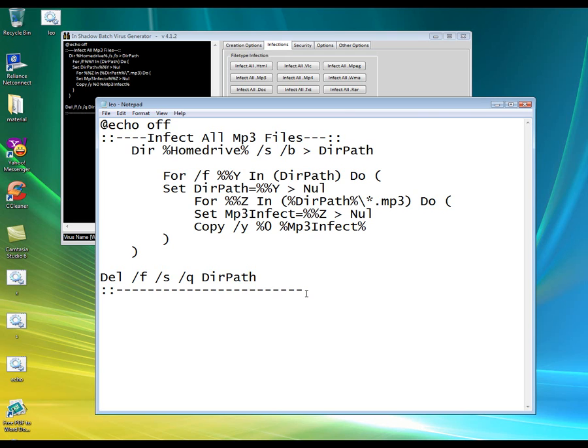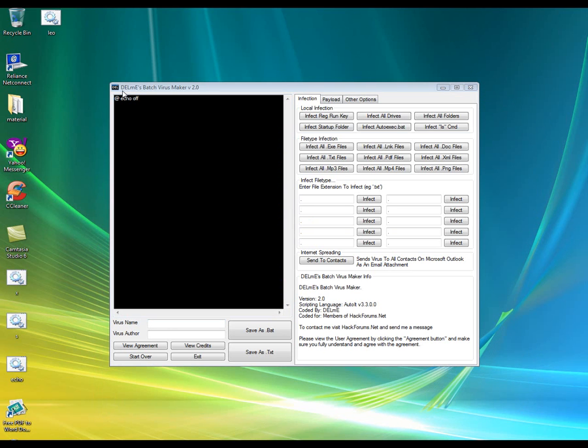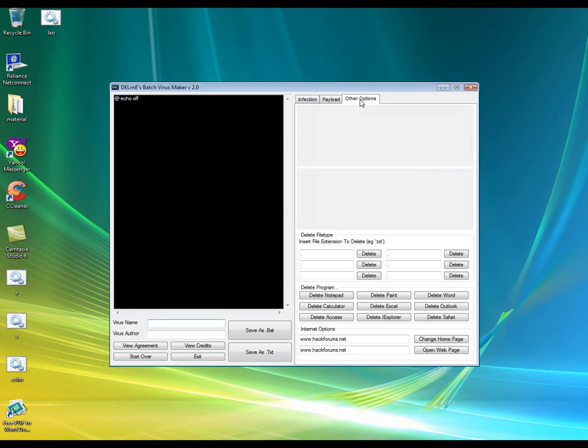Don't execute this on your system. You can also use tools like Delmi Batch Virus Generator to create some excellent batch viruses.